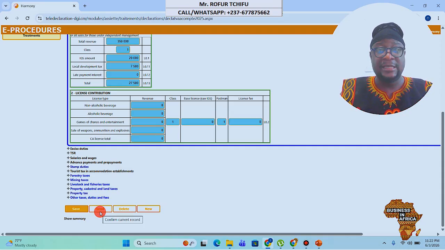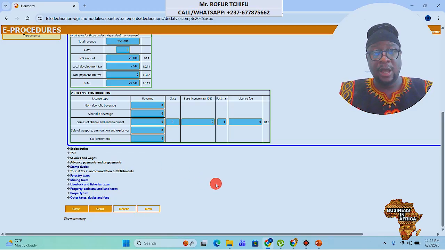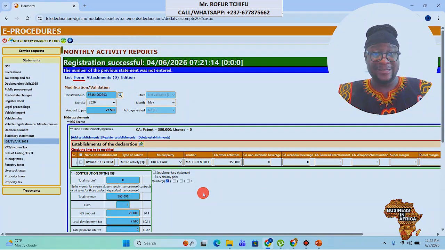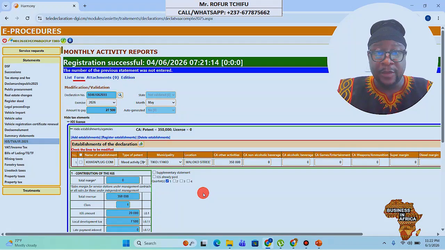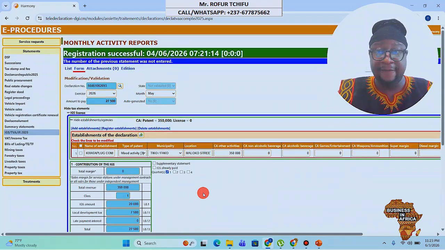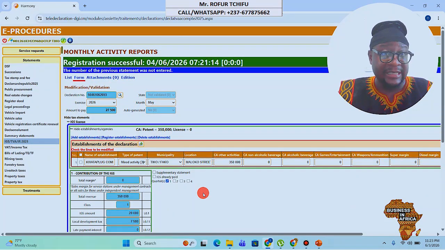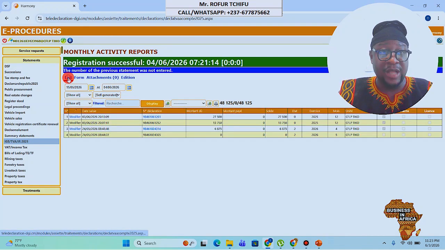Send means sending the data into the payment system. So when you send the data, that's when you'll be able to pay through your mobile money or your Orange money, or you can go to the bank and then you do the payments. Okay, and then it's going to reflect under your tax account. So basically, that's just how you declare for your IGS, and it's going to now appear under the